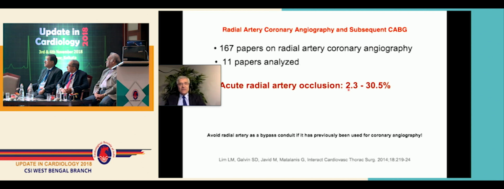It's somewhere in between. And we should not forget that the radial artery cannot be used as a bypass, or should not be used as a bypass later. Now we get all these meta-analyses showing that radial artery bypasses are good. Personally, I admit I doubt it. I would not want the radial bypass myself. But anyhow, you cannot use them, and the patient certainly doesn't want to lose his radial artery if he can